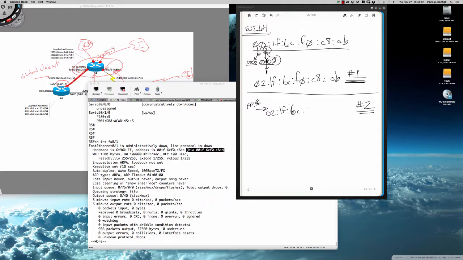6 Charlie colon FF colon FE colon, and then it's going to be Fox 0, and I am running out of space, Charlie 8 colon, and off to the side we'll do AB. So again, we've added FFFE into the middle of the address, and then the final step